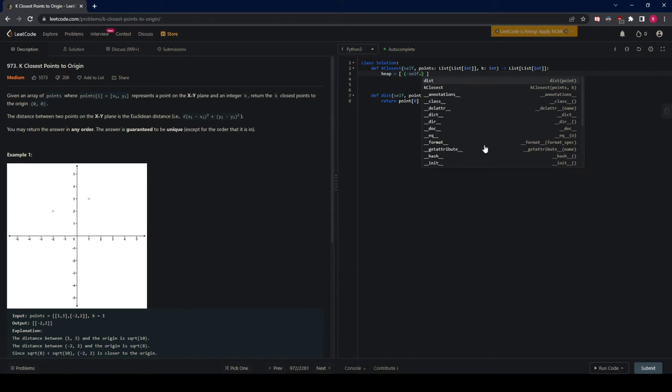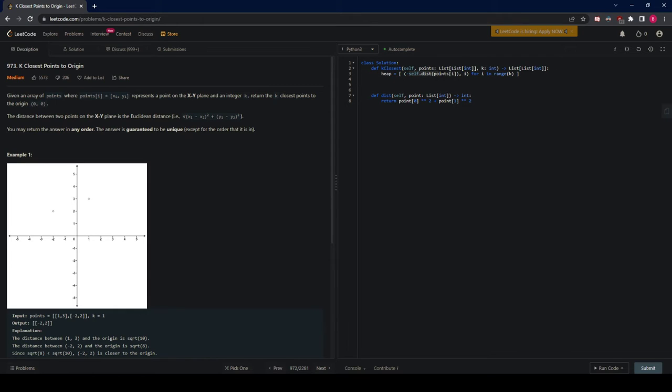We're going to do negative self.distance points i, and then we're going to give it i here for i in range of k, right? So for that amount of points, we're going to create this tuple